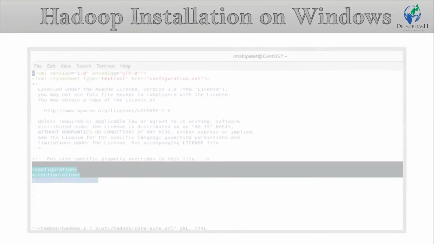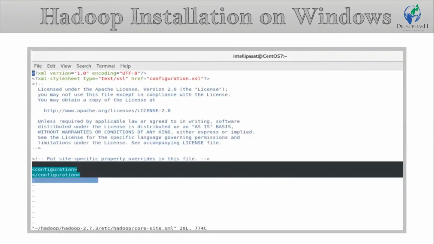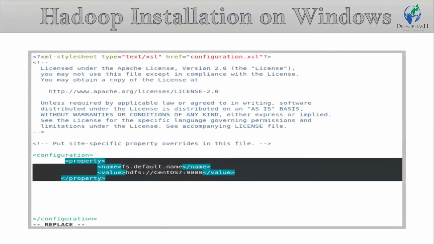Now you will see this window. Now enter the highlighted command in between the configuration tag. Now exit from this window by entering the command wq.